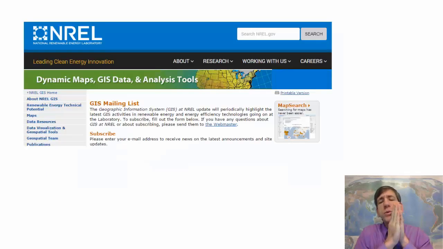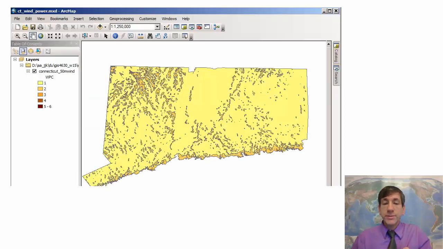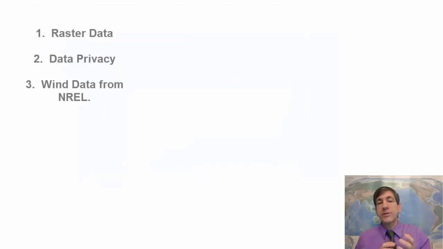So, what we'll do is grab some data from the NREL, the National Renewable Energy Lab. You'll basically download some high-resolution wind data for the state of your choice. And I want you to reflect on a couple of things. First of all, what was the most significant thing you learned about raster data from your Chapter 3 reading? Number 2, what was the most significant thing you learned in Chapter 3 about data privacy issues related to GIS